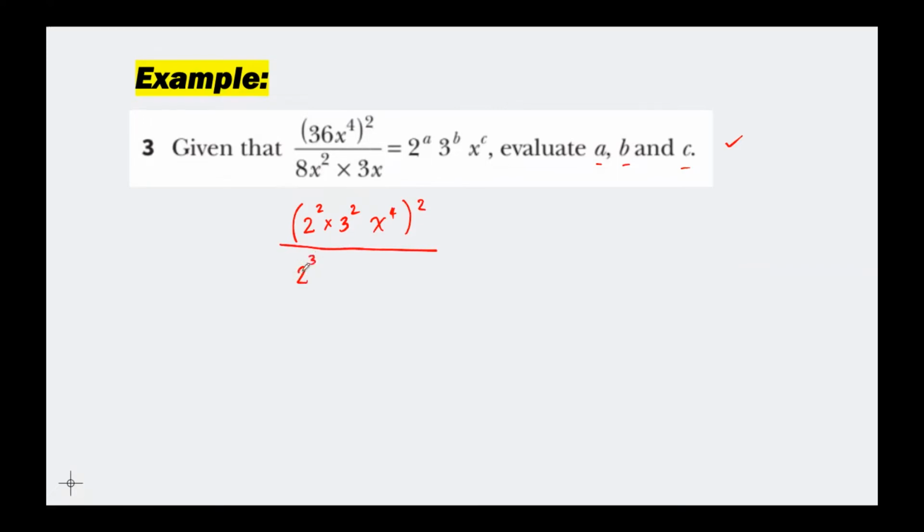So take note, what we're trying to do here is make the base a prime number. So you will have your x squared